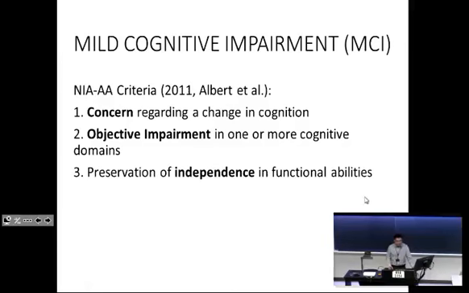Independence, if you recall, is the major demarcation between mild cognitive impairment and dementia. Function is preserved. This definition is also the same for those of you who are destined for psychiatry in the DSM-5. The DSM-5 makes a similar distinction. And the ICD-10, for those of you who are interested in public policy and health, United Nations coding is exactly the same. This may change by the time you guys are in practice. There is active debate as to whether or not function should play a role in the diagnostic classifications of these conditions. But for now, for the purpose of your exam, it does.